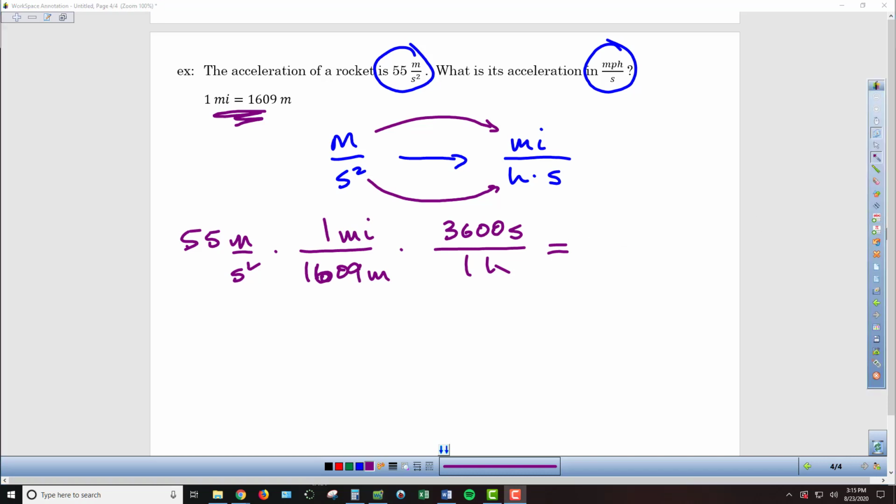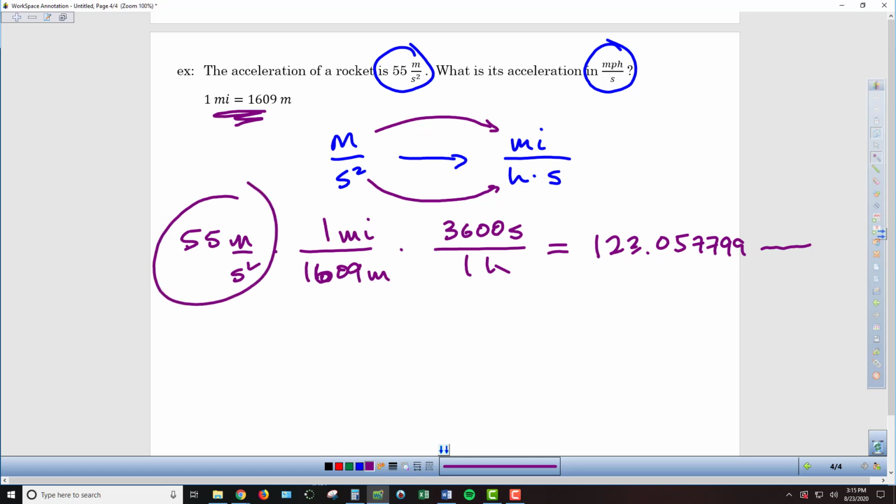And so if we push buttons on our calculator, we end up with an answer of 123.057799. It keeps on going from there, but of course we're dealing with two significant figures in this original measurement, so we're only going to have two significant figures in our final answer, and so that means we're going to be rounding off to the nearest 10. So we're going to have 120 miles per hour per second as our final